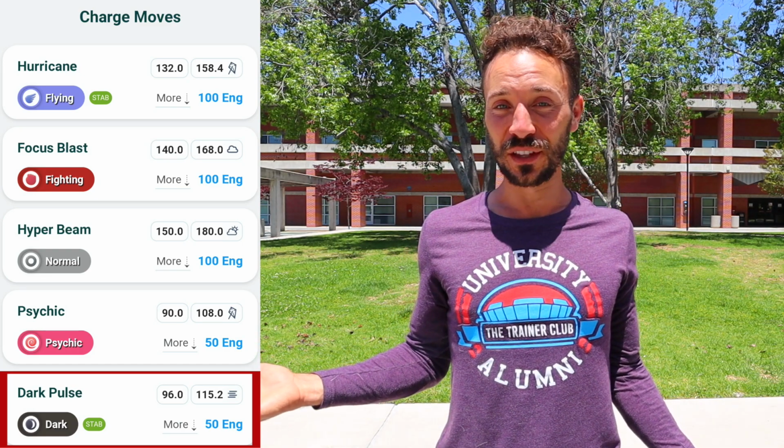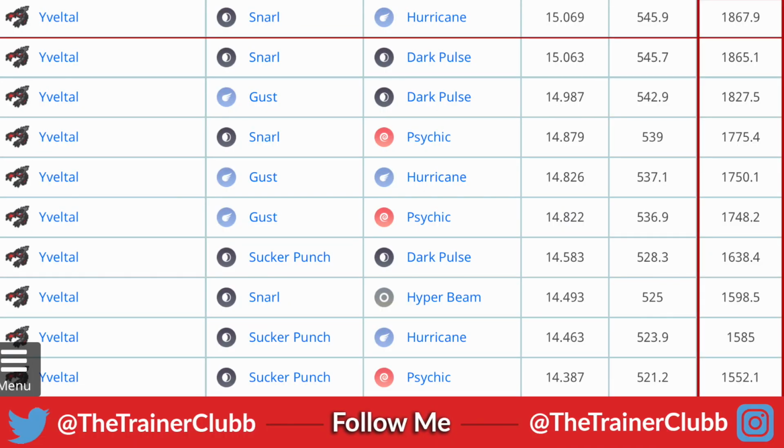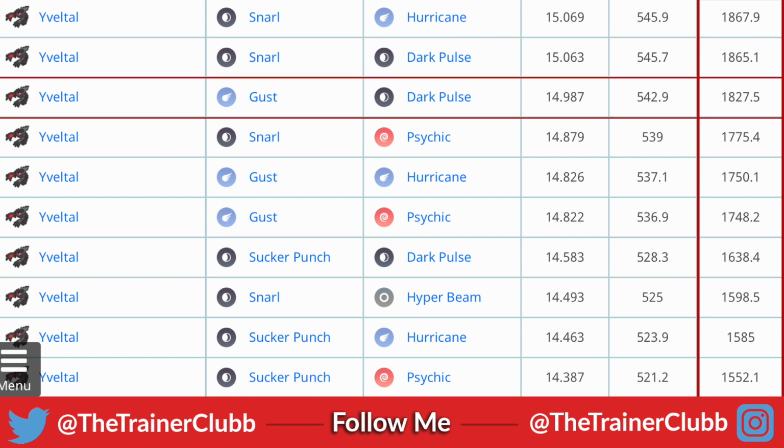So what is that going to do for this Pokemon? Let's check out Yveltal's moveset comparison and what's going to be the highest producing DPS times TDO right now. Let's do it. As far as Yveltal goes, Snarl and Hurricane is actually the highest DPS times TDO, producing 1868 virtually. Then we have the Snarl and Dark Pulse combination at 1865, Gust and Dark Pulse at 1827, Snarl and